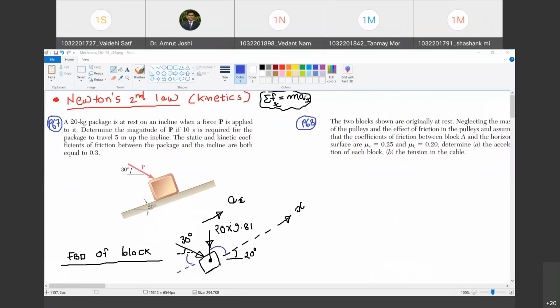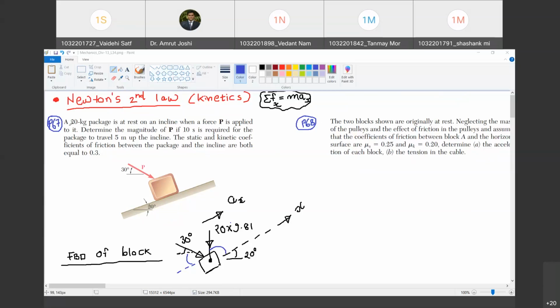Okay. Now, Newton's second law states that the algebraic sum of all the forces in a particular direction, let us say x, is equal to the rate of change of momentum in that direction. And if mass is fairly constant, we can take it outside the derivative. Then it becomes mass into acceleration in that particular direction. Are you with me? Yes, sir. Okay. So based on this concept, there are a few problems that we are going to solve.